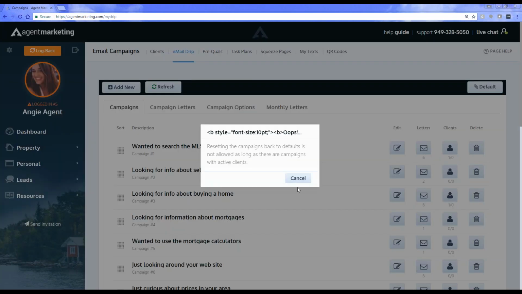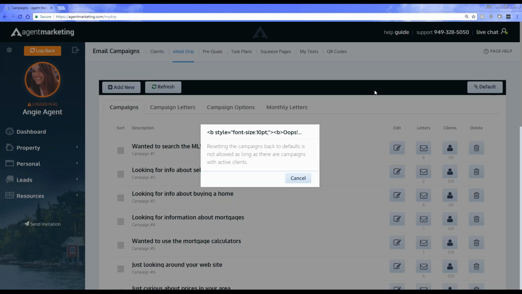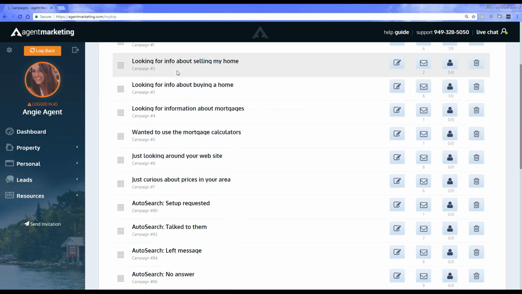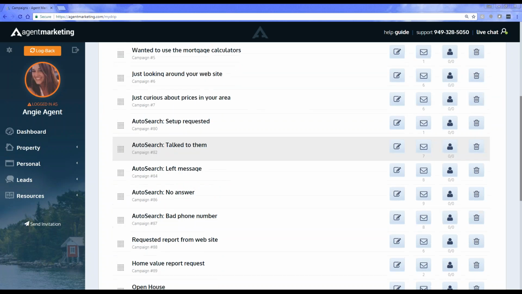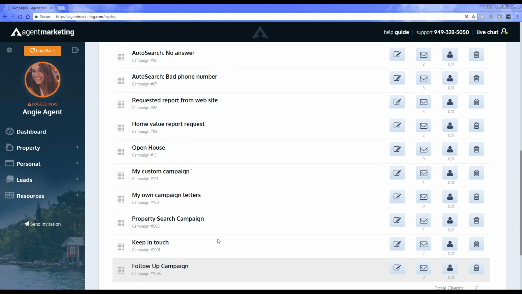So I'm going to go back to my default campaigns here. Oh, I have an active campaign going. But what you can do at any time is click here on this default button. When you click on default, it will go back to the original campaigns that we have. I've added in a bunch of different campaigns, so you can go through